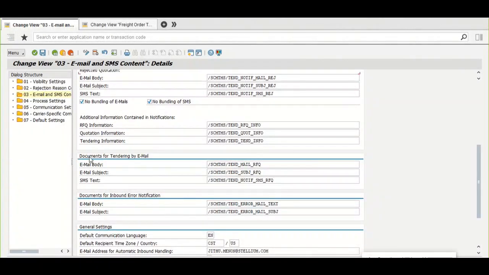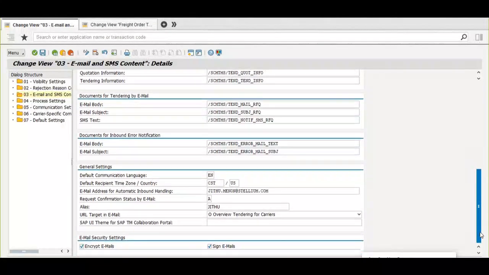And these things will be the attachments: documents for tendering by email, documents for inbound error notification. And we have some general settings for email and SMS content. This is language, time zone, country. Email address for automatic inbound handling. So we'll have to pass an email address here